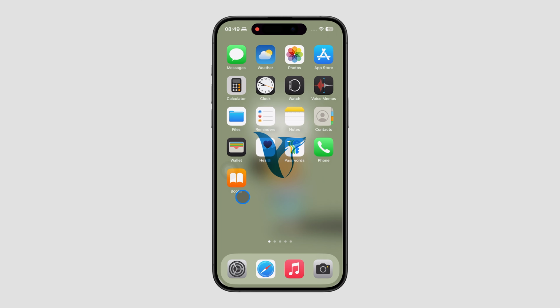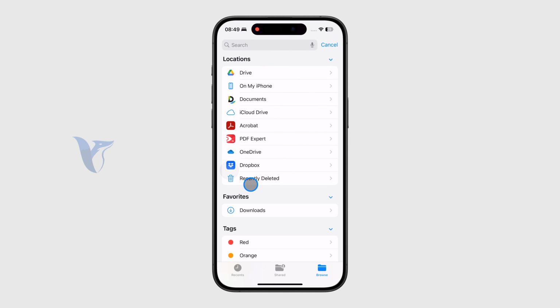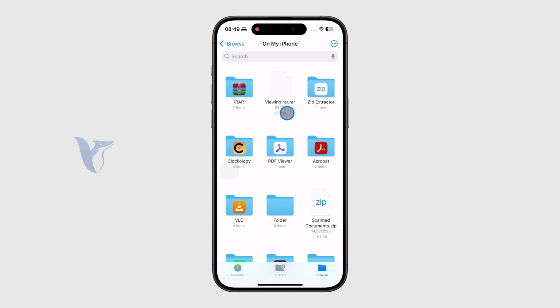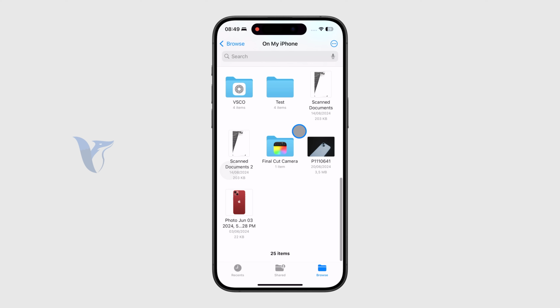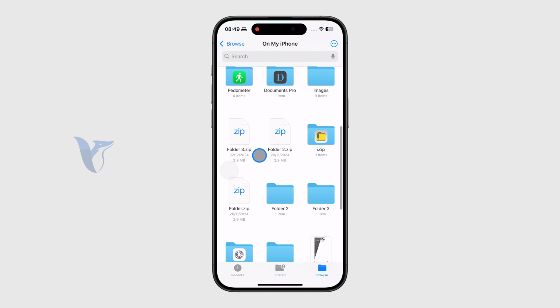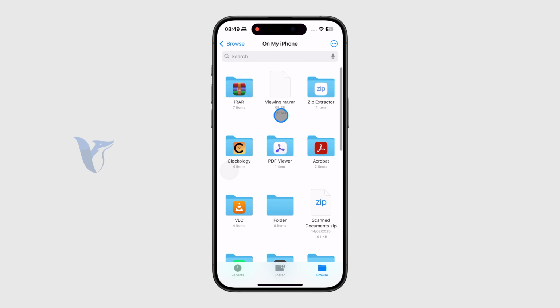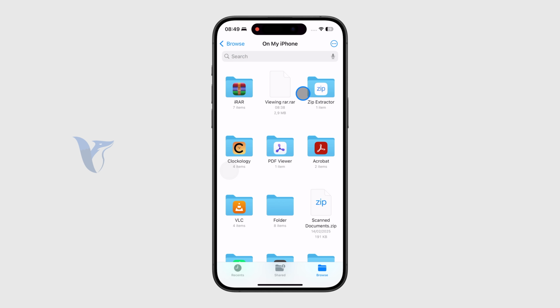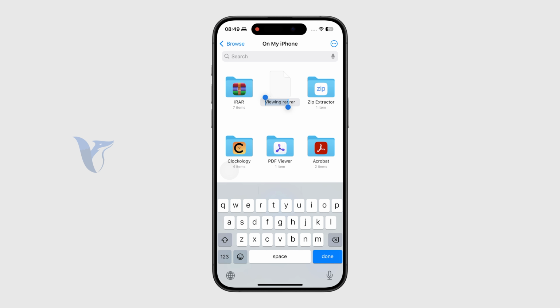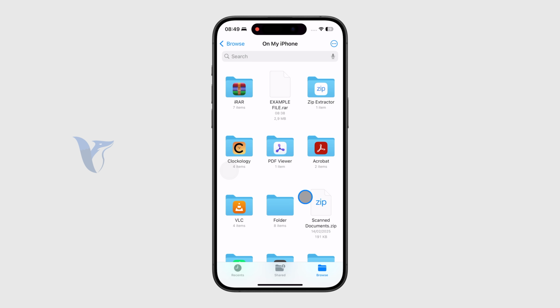Now in this tutorial, I'm going to show you how you can convert RAR files to zip, right? As you can see in my Files app, I have a couple of zip extension files and also the RAR. When I open up the RAR, there isn't really anything that shows up as the phone seemingly doesn't support it. So the file we have right here, I'm going to rename it to something distinct like the example file,